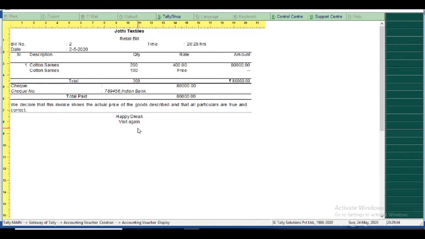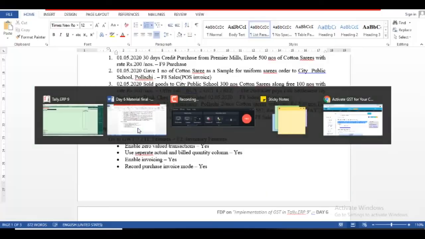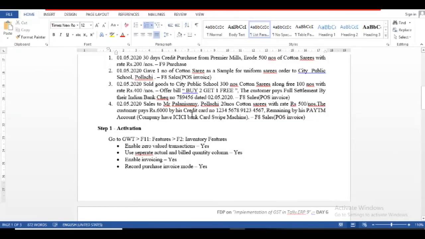So we finished the second sales bill, and then we move to the third bill. Third bill, sales to Mr. Palanichami, Pollachi, 20 numbers of cotton sarees with rate 500. Some complex payment: the customer pays not only by credit card but also by ATM.